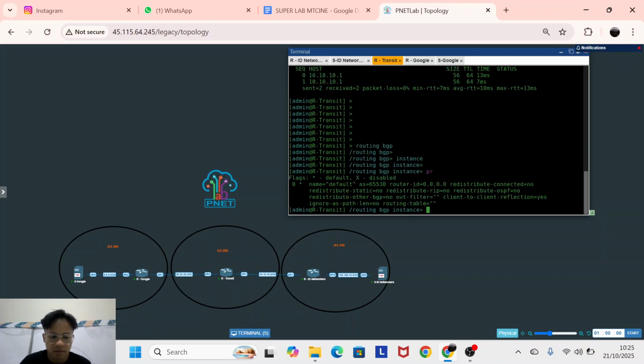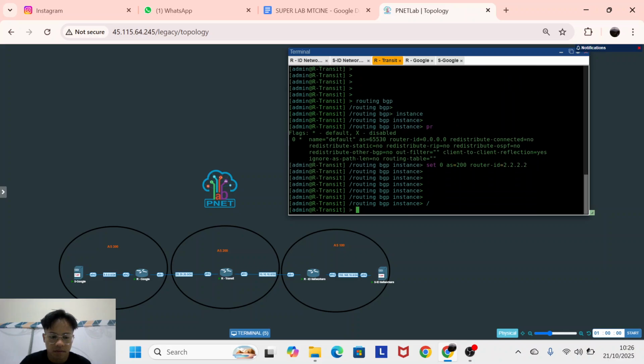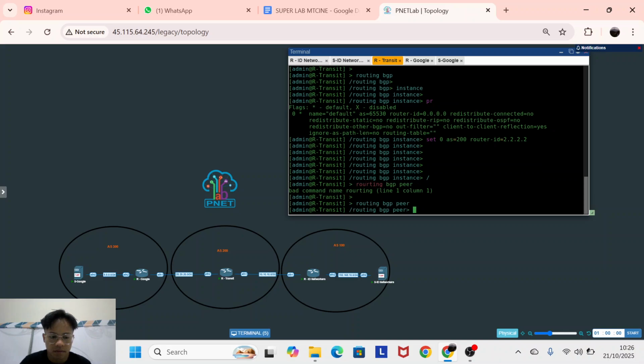Print, set 0 AS is 200, and router ID I will set to 2.2.2.2. Now, because transit does not have a local, we just have routing BGP peer for two sides. That's different. That's my fault.